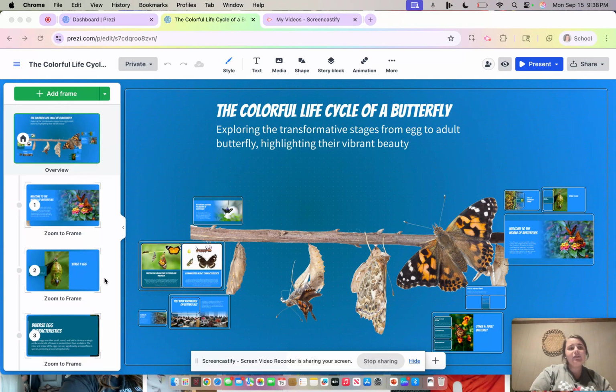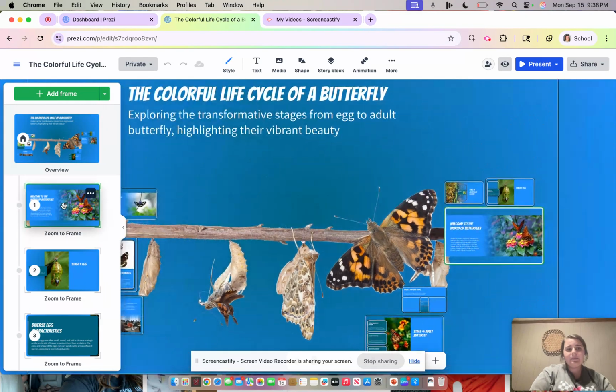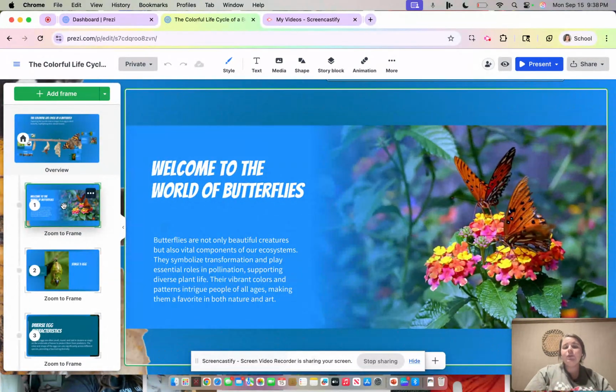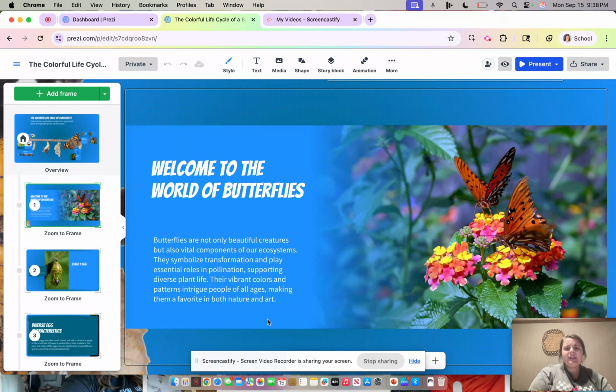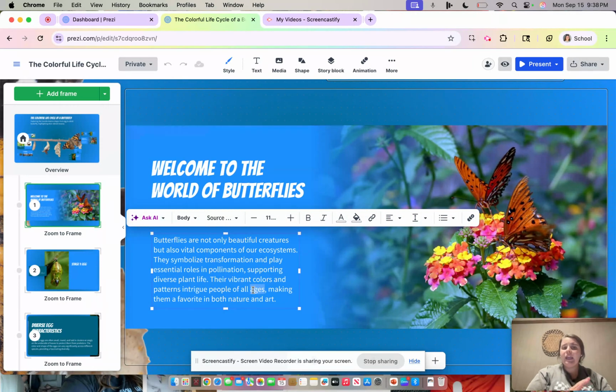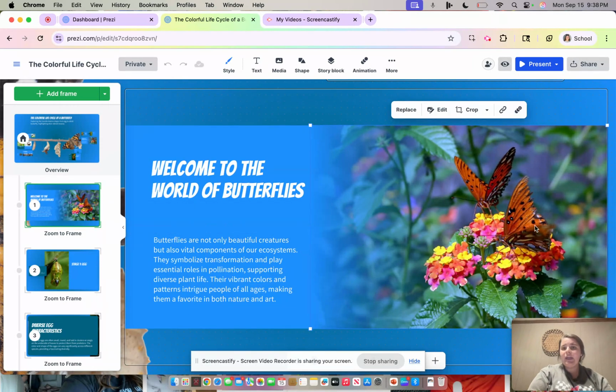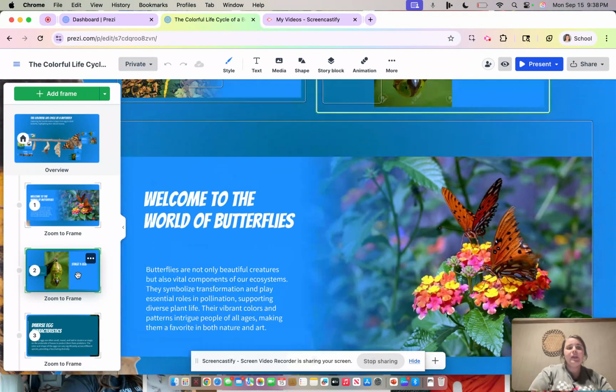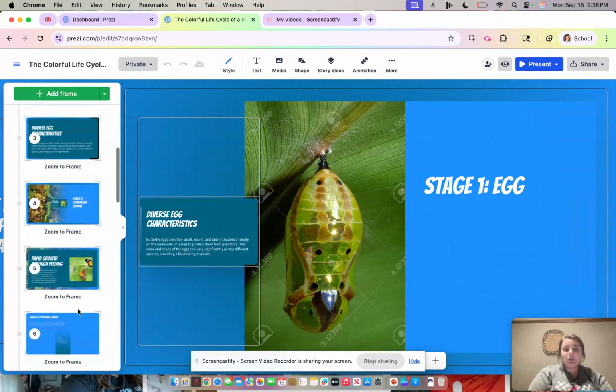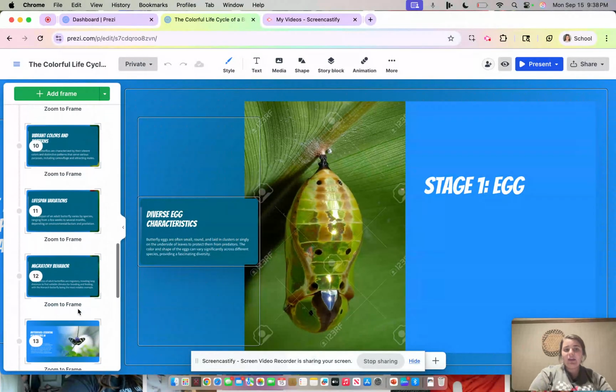And then if you look to the left, it has all of your frames. You can go through each frame and double check. If you think it's too wordy or you don't like the text that's on there, you can double click and edit that. You can also edit or replace the pictures that are on there or crop the pictures. It's just an awesome tool. It just goes ahead and puts everything together, and you can go in and make your edits after. But if you go through all the slides and you like the way that they look,